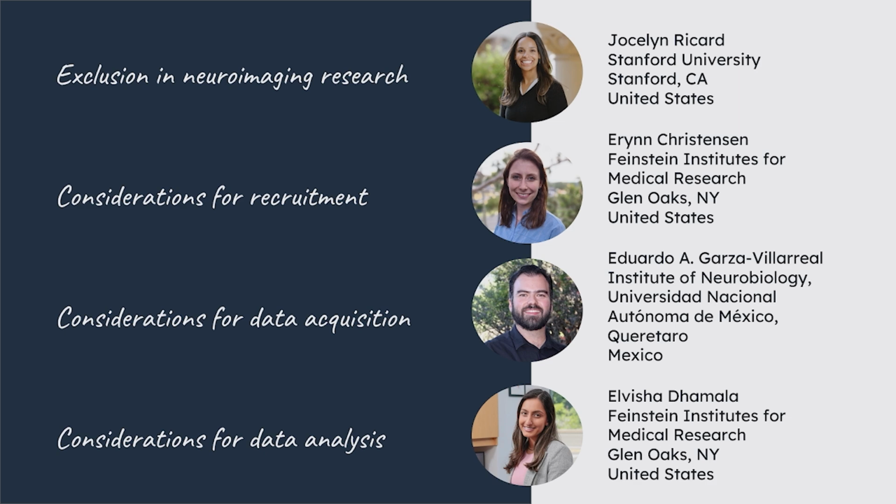So if you're here, obviously I understand that you believe this topic is important, so I'm not going to do too big of an intro. We're going to be talking about how neuroimaging, in the way that it's historically existed and in the way that it exists now, is exclusionary. Then we're going to go through the whole research process in terms of designing our studies, recruiting participants, acquiring data, and analyzing data, and how different biases can be introduced across all of these steps that can then lead to further exclusion in our research studies. And then we're also going to be talking about what we can do to foster more inclusivity across all of these stages. So with that, I'll let Jocelyn get started.